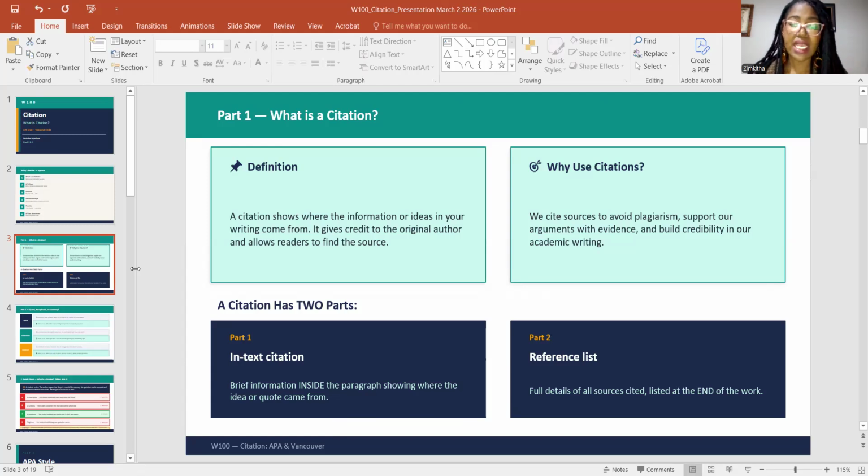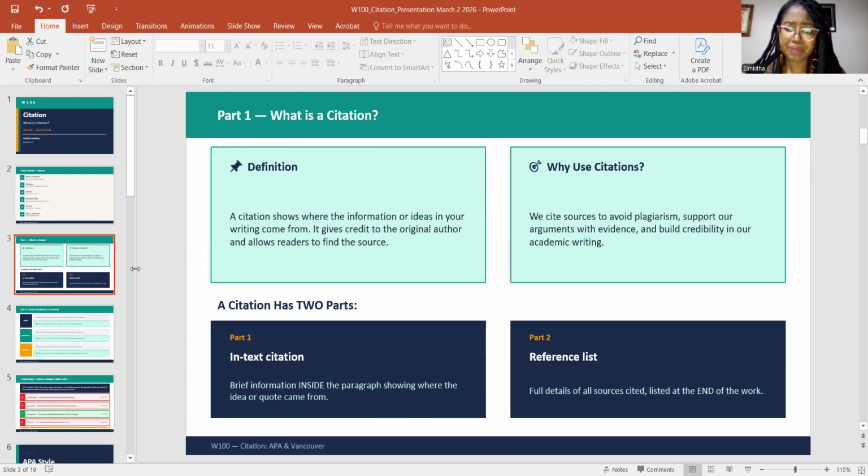So citation is basically we are showing information or ideas in our writing. And we try to give credit to the original author and allow other readers to find the sources, okay? So when we are using somebody's idea or somebody's research to support our idea, we need to cite that information. We need to give credit to the author.